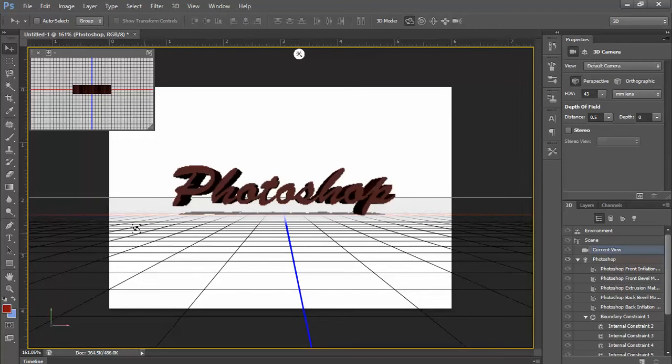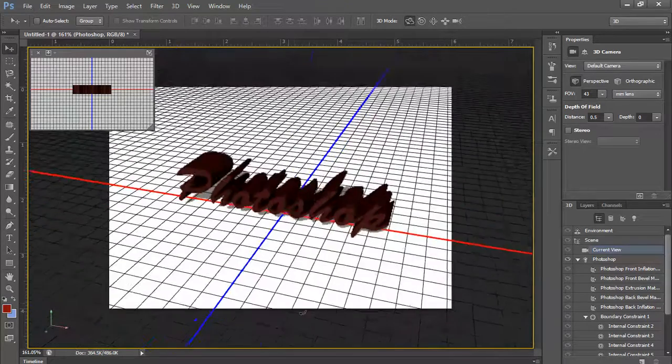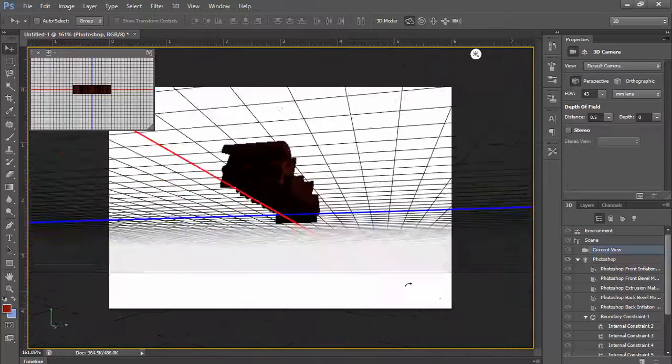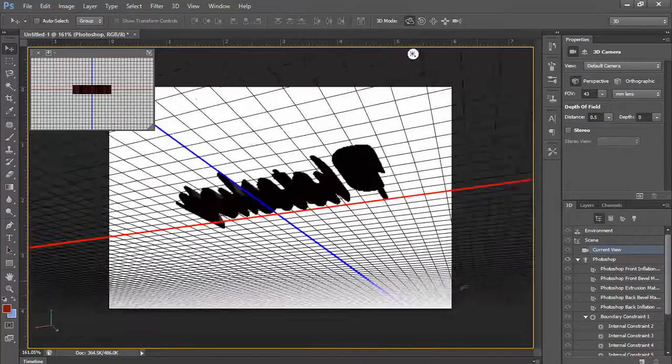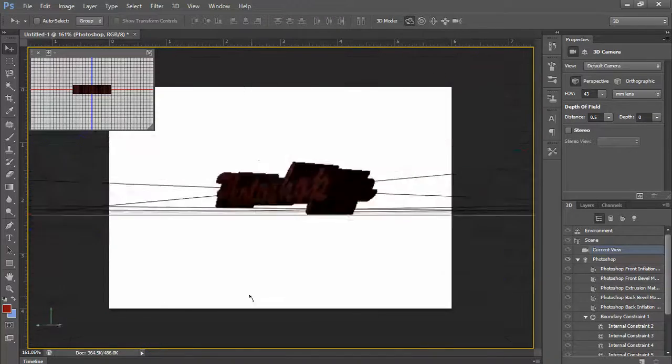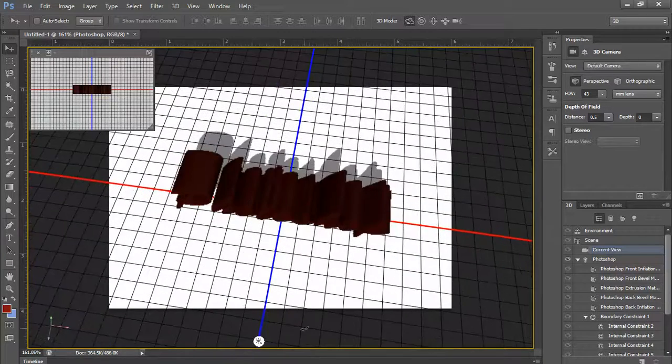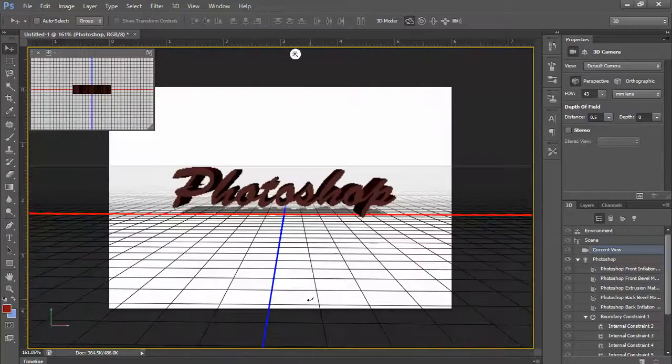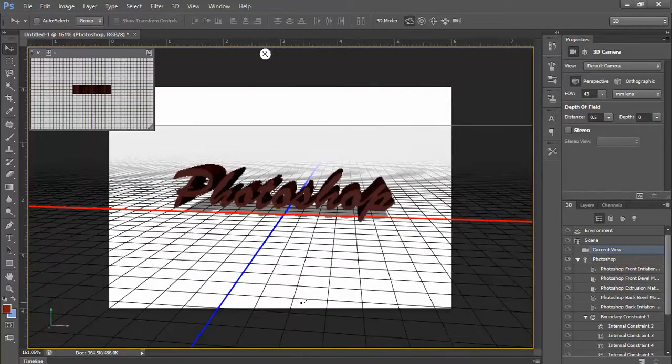Okay, it comes up with a plane. You see a grid plane here, showing you kind of how your text is going to look. Okay, and then you have, as you can see, my mouse pointer icon is a little circle with an arrow showing that you can rotate this however you want. Okay, so basically, I have a 360 view of my text right now. Okay, super cool. You got to have a very good graphics processor to do this. Okay, so I'm going to warn you that if you do not have one,